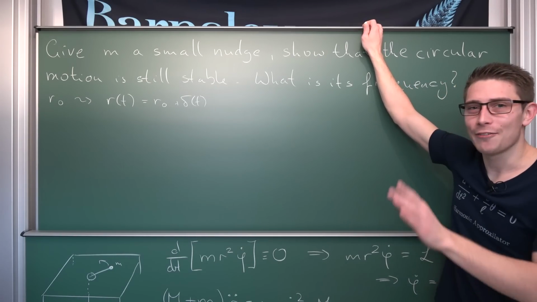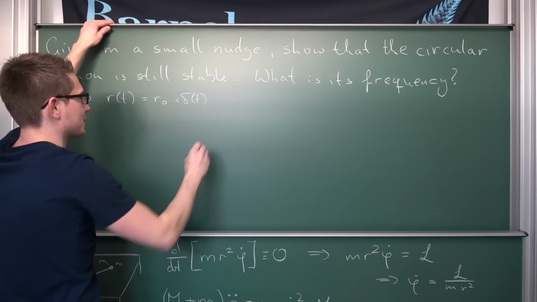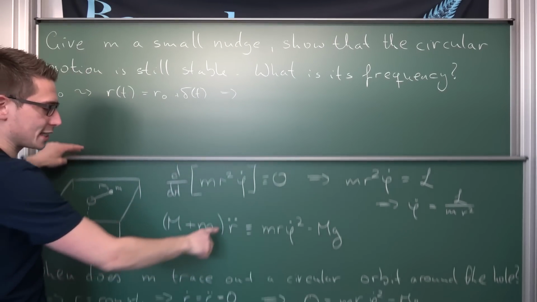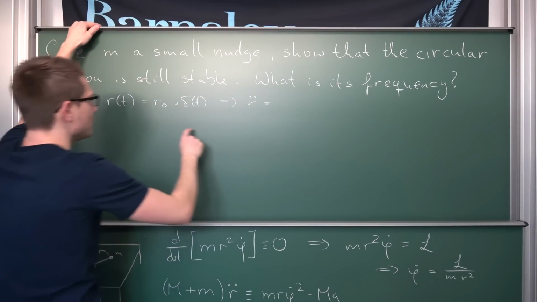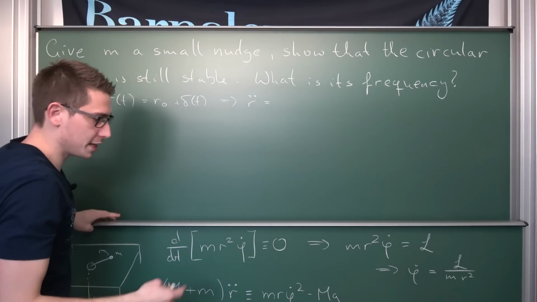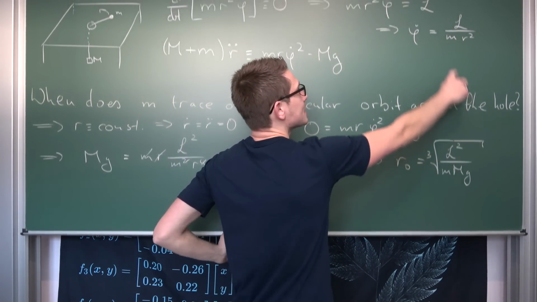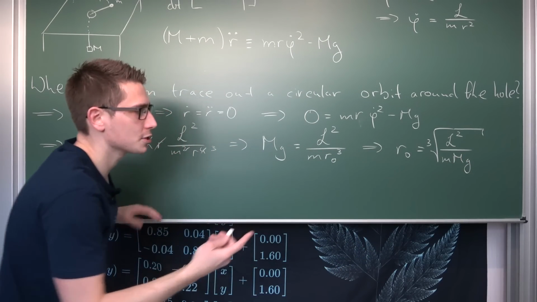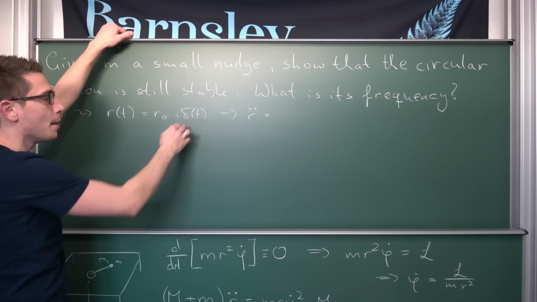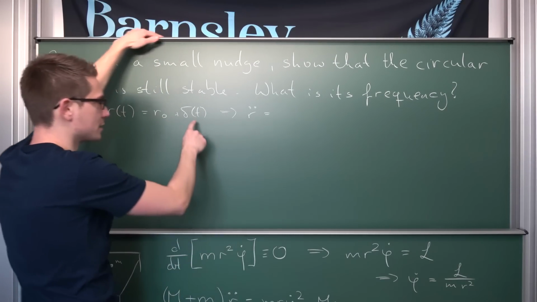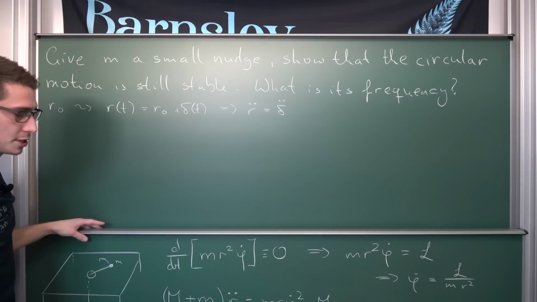It's so amazing. So at first, let us take a look at what happens if we differentiate both sides twice with respect to time, for example. Because if we take a look at this equation, we need r double dot in some case. I mean, r double dot is hence nothing but, okay, our r naught is a constant. All of the things that we have here are constants. This L is a constant, M and G are also constant, meaning r naught is also constant, meaning it's going to vanish when differentiating with respect to time. But obviously our small nudge, our noise, is going to be a time dependent function, meaning this is going to be equal to delta double dot.